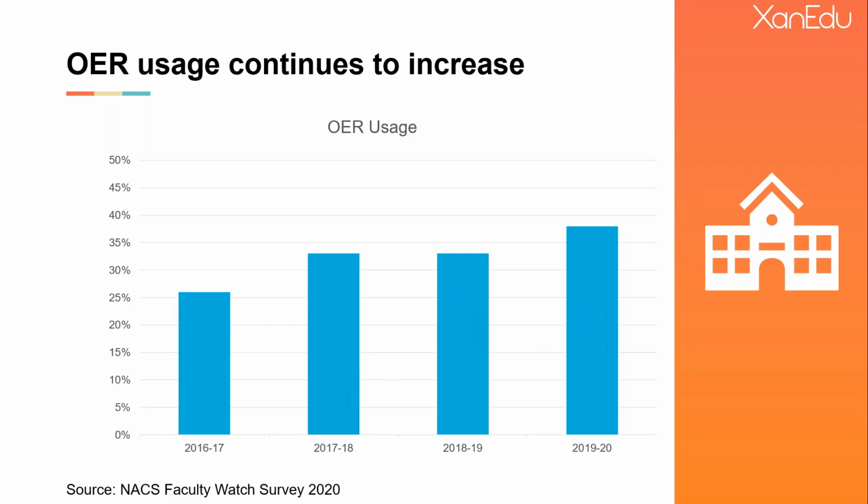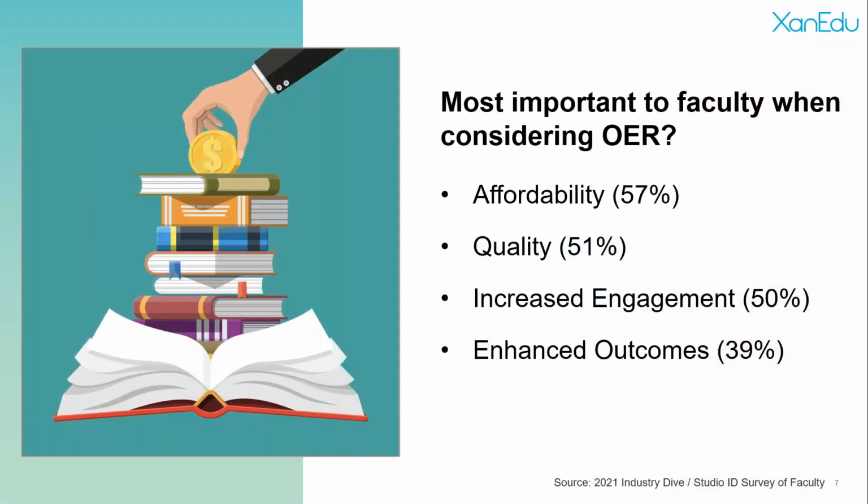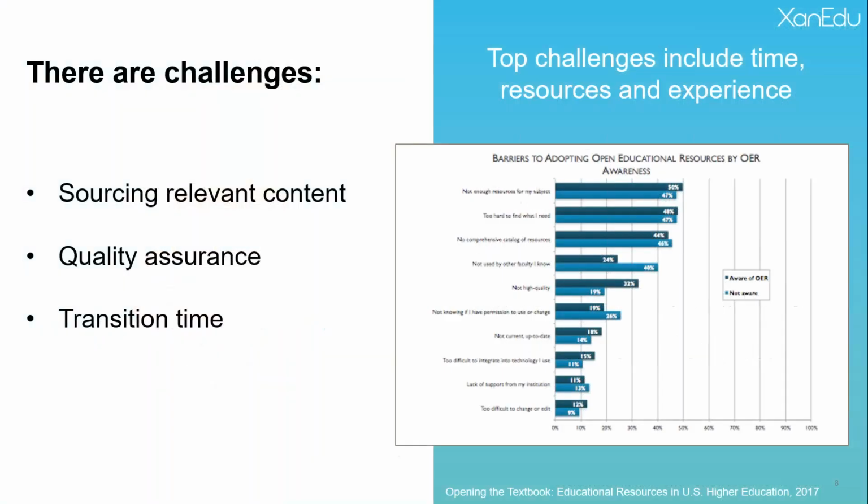So if you move on, Xanadu asked many of our faculty partners, if you want to save students money and you're considering OER, what are some of the most important factors to consider before you adopt an OER solution? The highest response was affordability at 67%, but then quality and increased engagement came in a close second. The key takeaway here is that faculty want to offer an affordable, low-cost learning solution, but they are not willing to compromise on quality. And they're also looking for ways to increase student engagement. And if you move on to the next slide,